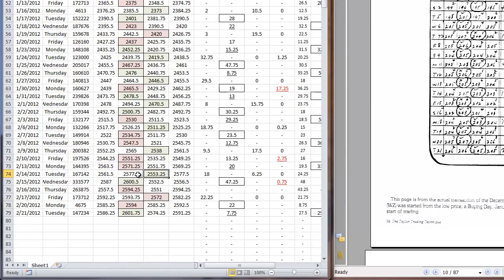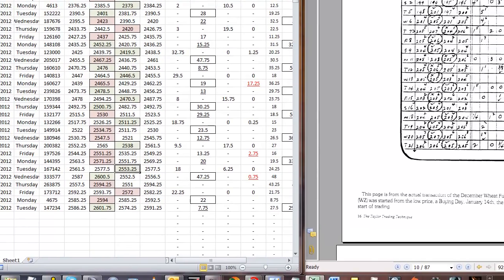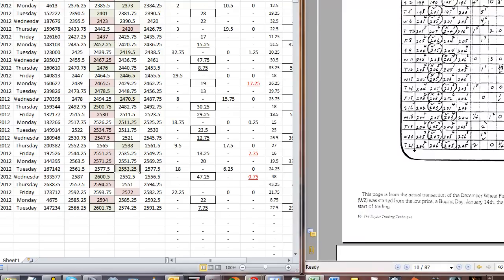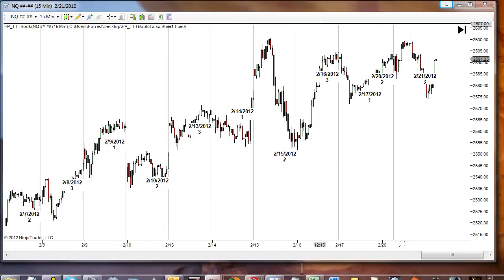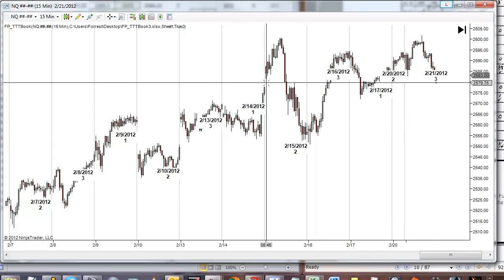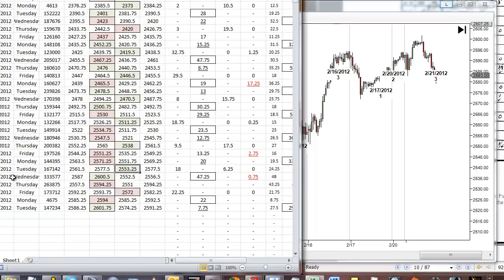Let's look at the 14th of February just for completeness, and this is the correct order. We can see in fact the low actually did occur before the high of the day. So on the 14th of February, that's why it's green right there. So other things on the sheet,